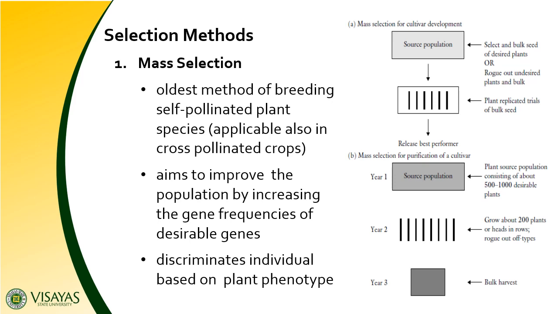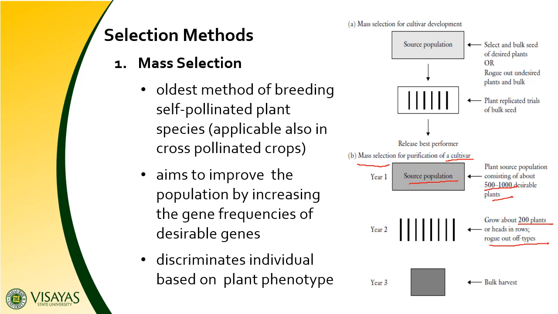And here you have the second one, mass selection for cultivar purification. You have the source population, which consists of 500 to 1,000 desirable plants. You plant that, then collect 200 plants and plant them with a particular spacing. Then you rogue out the off-types or undesirable ones, and after roguing out the undesirable ones, you can harvest or plant it